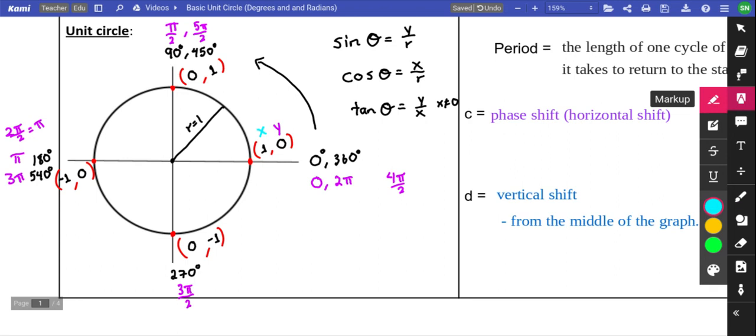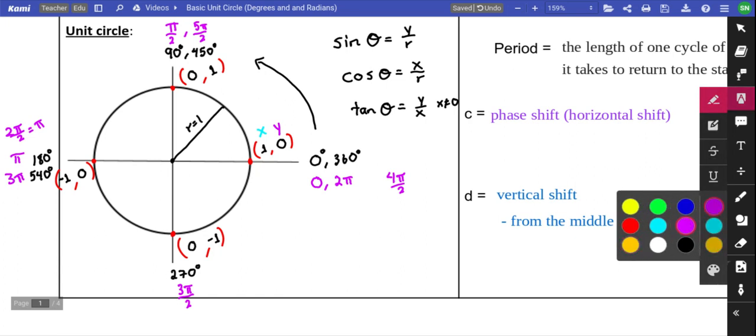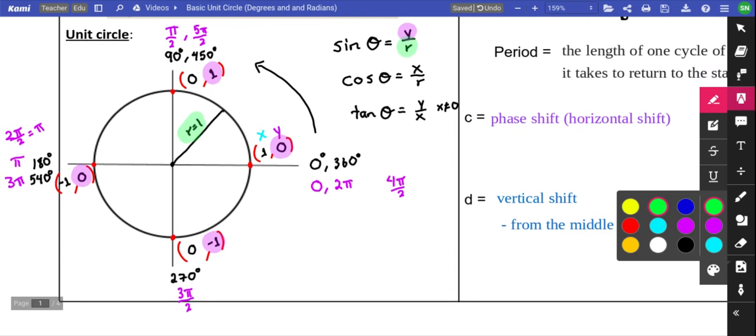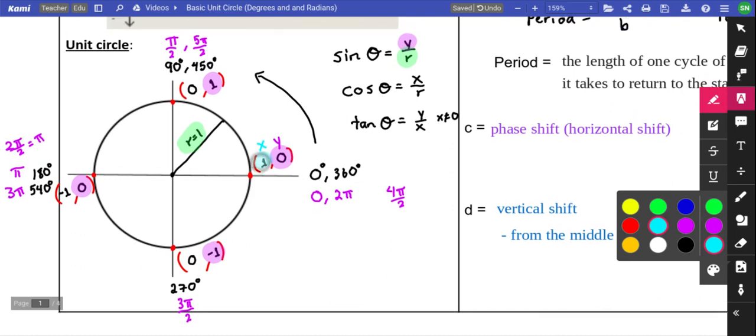Now, how does this work? Every time you're looking for sine, you would be looking at the y value of every point. So 0, 1, 0, and -1. And those numbers would be placed on the y. The radius, of course, on the unit circle will always be equal to 1. For cosine, we would focus on the x value. So 1, 0, -1, and 0. And the radius would be the same. For tangent, you would choose the y and x value of the corresponding